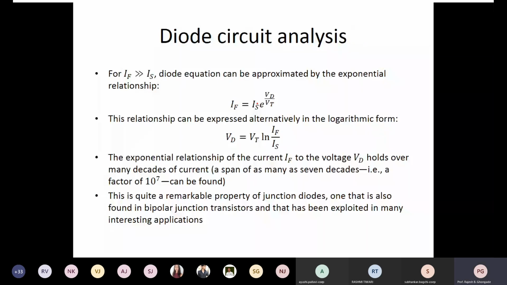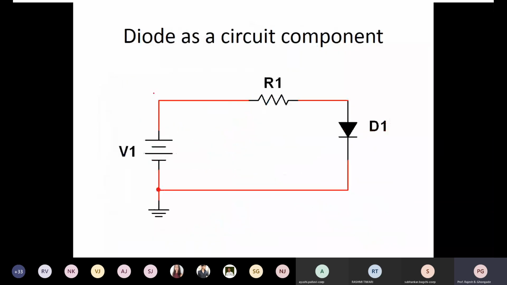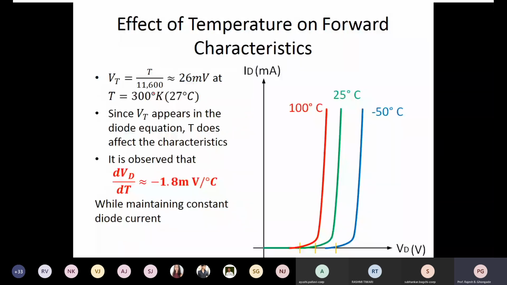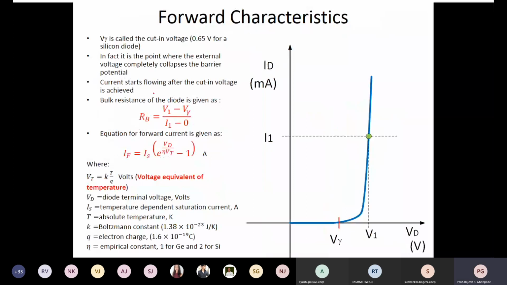As we have already seen, if you look at the previous equation where we discussed this mathematical model for the diode, let us revisit it. Forward current in the diode is equal to, this is the saturation current, reverse saturation current if you will. Then this is the applied diode voltage, or voltage across the diode. Eta is an intrinsic constant.